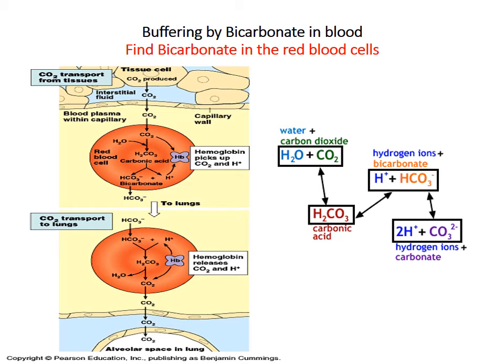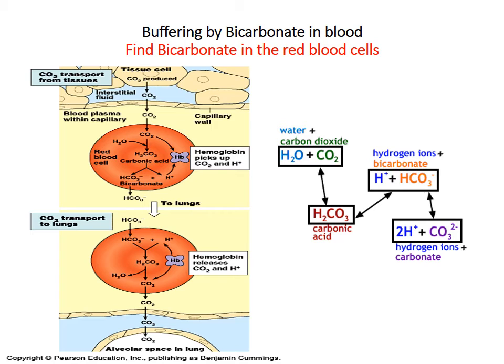And then some of the CO2 will combine with some water inside your blood cells to make up some carbonic acid. The carbonic acid then disassociates. It gives off a proton. That proton goes up into the hemoglobin, and the bicarbonate ion then goes into the plasma, and that blood travels